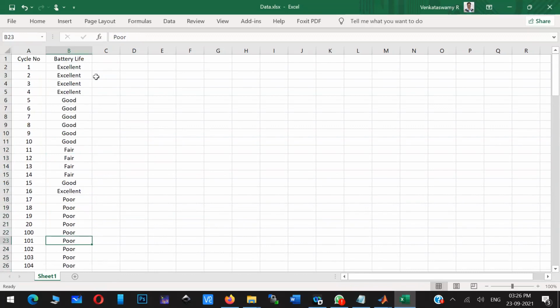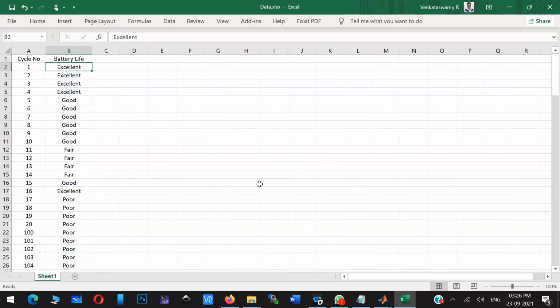So in the earlier program, when you give number of cycle, it was giving some factor. That factor indicates how healthy that particular battery was. It was giving some number. Now in this particular case, I'm expecting some kind of fuzzy output, some kind of discrete output. So if your output is some kind of discrete or ordinal variable, or that is called categorical variable, then you cannot use regression learner.